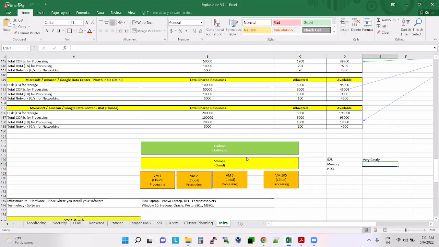Then out of memory and hard disk, which one is costly? Obviously, memory will be costly. You buy a 16 GB RAM and a 1 TB hard disk, and the hard disk is always the cheaper one compared to the other two.